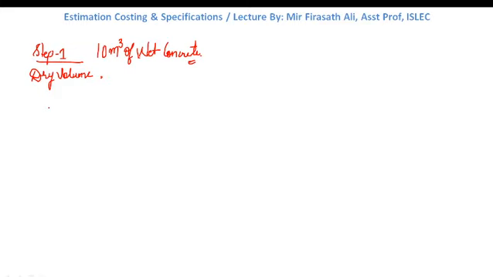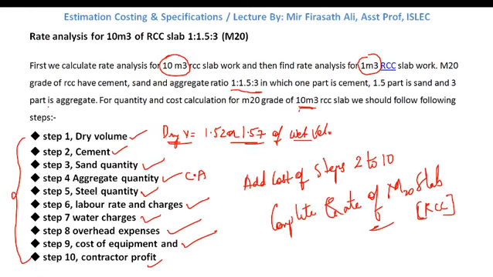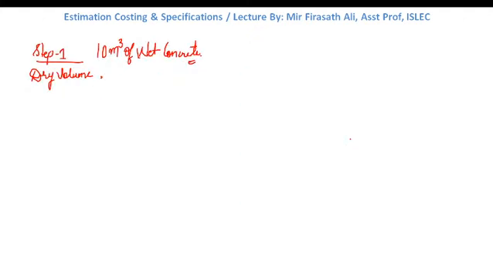The relationship will be around 1.52. What is the relationship? 1.52, 1.54 or 1.57. It is in between 1.52 to 1.57. Different textbooks take different values of this. We can take 1.54 also. I'll be going with the average value of 1.54. Some take 1.53, some take 1.52. Different authors have taken different values, so we are taking the optimum value, that is 1.54.